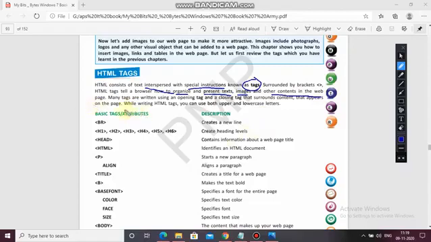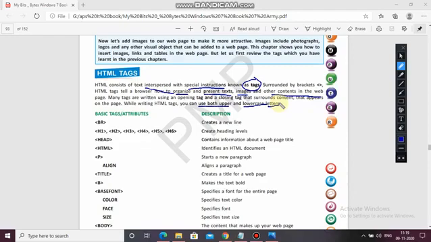So many tags are there, the container tags, which have an opening and closing tag both. While writing HTML tags, you can use both upper and lower case letters. There are no restrictions of case sensitivity. You can use both upper and lower case, capital also and small also.